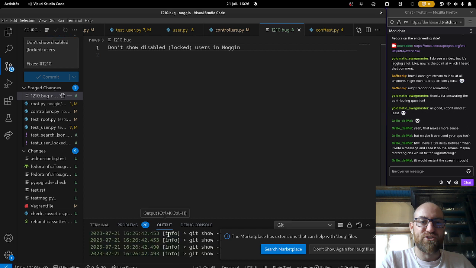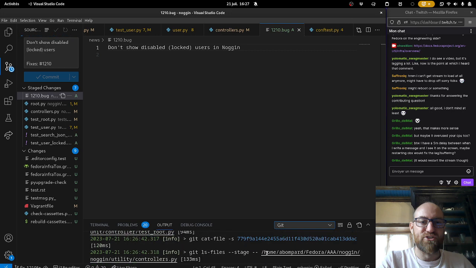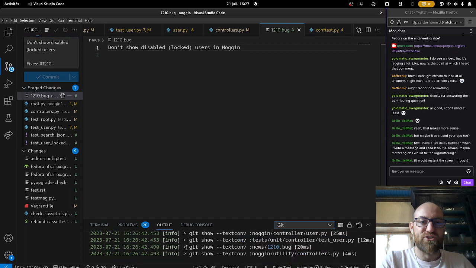Now it's actually running Git. Do I have Git here? I have Git here. So the commit is taking some time because it's actually running pre-commit, which is a hook that runs a set of linters on your code when you make a commit. And I suspect that the linters have probably changed, so it's re-downloading the linters themselves.